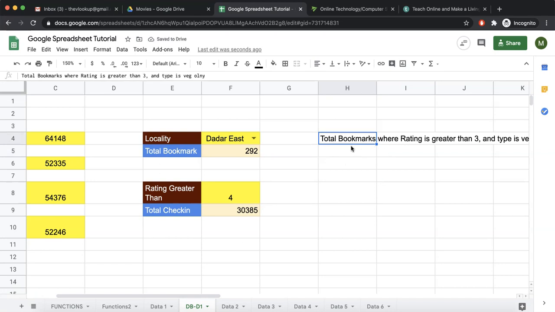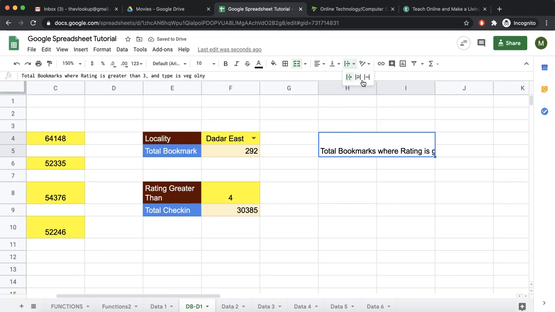Because this is very long, we'll get introduced to one more thing that we didn't cover earlier, which is merging the cells. So what we are going to do is select these 2 and these 2. Select these 4 cells and click on this. This merges all of them into one. Now if I apply wrap, this is acting as one cell, but still the text is too big. So maybe I'll make this as 8.